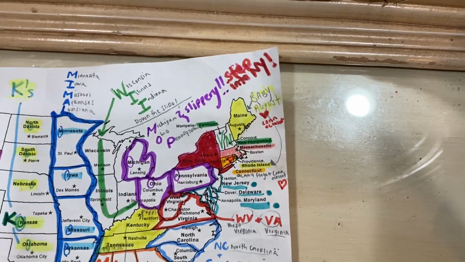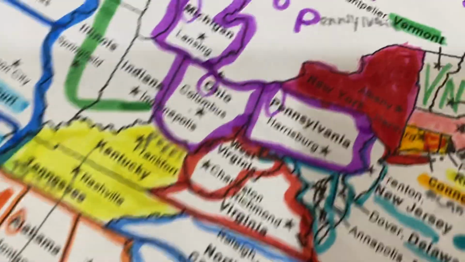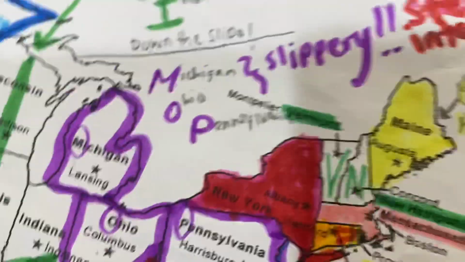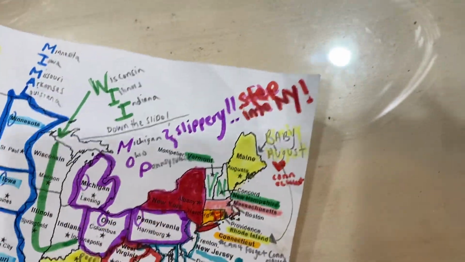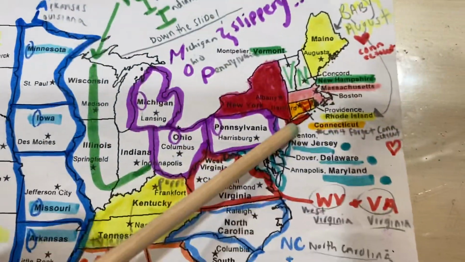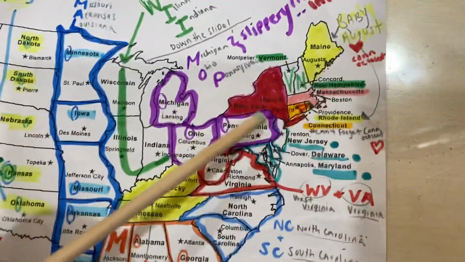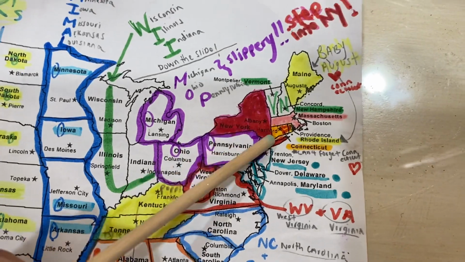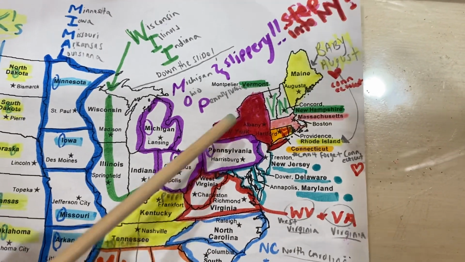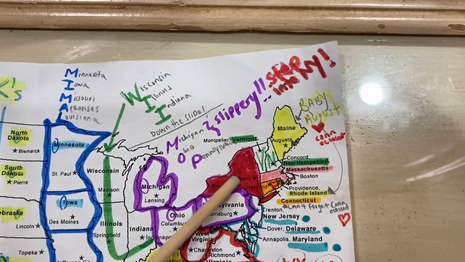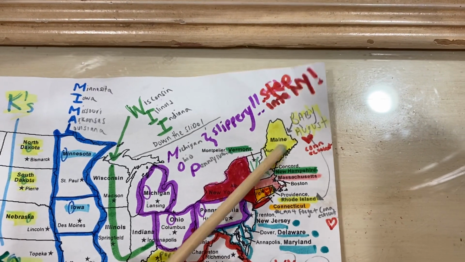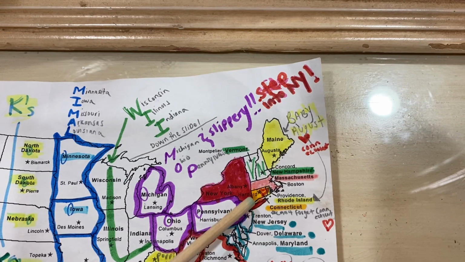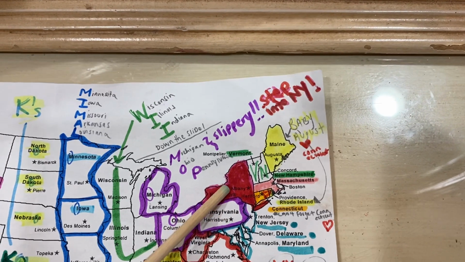And then if you turn your paper, you'll see New York, Albany. And that also looks like a heart, right? Right here, Albany, New York. And then I just colored Long Island just because it's not a state, but that's where we live. Long Island is in New York. Okay, so then after you do Maine, Rhode Island, Hartford, Connecticut, and Albany, New York,